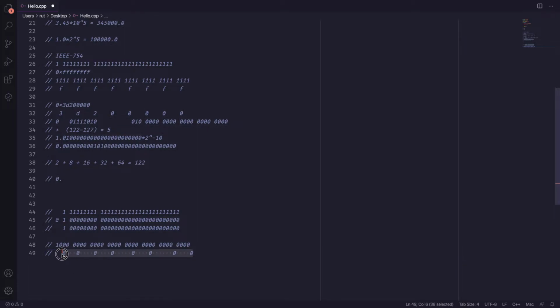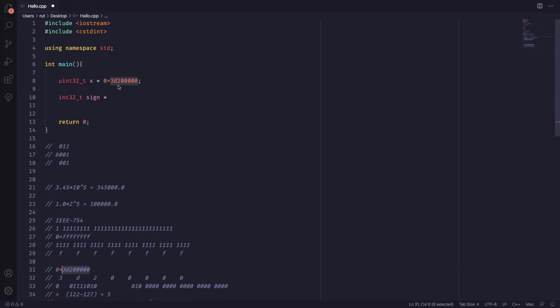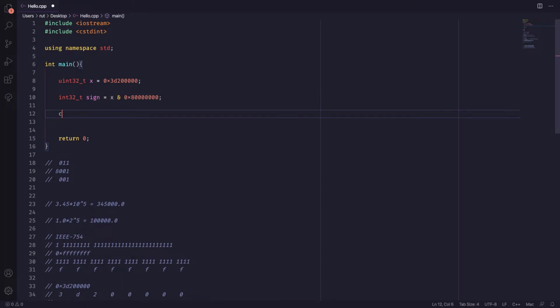So this bit mask right here, 80000000, should give us the sign bit from any hex representation. If I do it with this one, it's going to give me a 0. So if I take x and I AND it with this, that will give me the sign bit. If I do cout, if I save that,